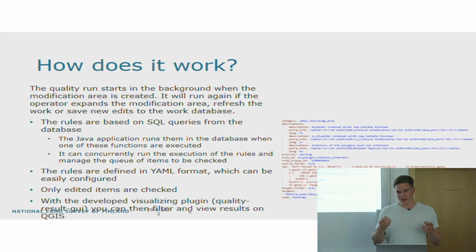So basically, like the field object I just showed, the garden features can be next to fields, but fields and fields can be next to each other. They have to be the same field. And then there's the SQL there. And then basically only edited items are checked. So when you edit an item, it checks also the features that are connected with the, for example, topological change